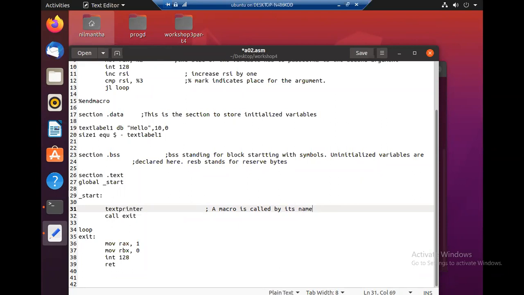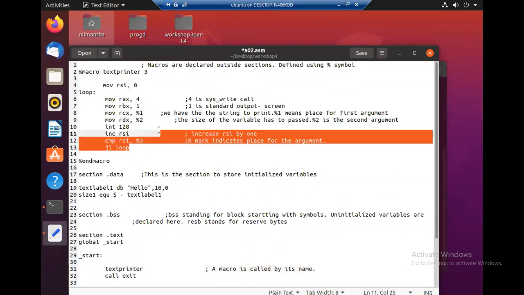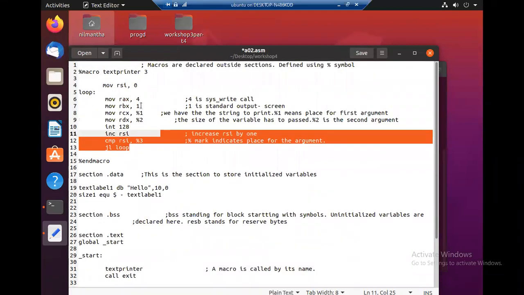And after the macro is called by its name, arguments are passed in order. That means you mentioned this is the first argument, this is the second argument, this is the third argument when the macro is defined. So those arguments that you pass in order here will be copied when it is implemented.